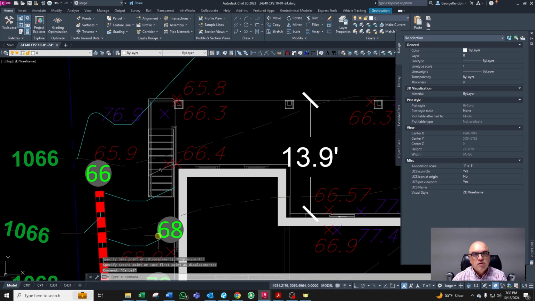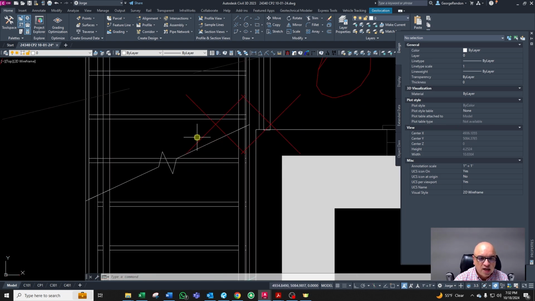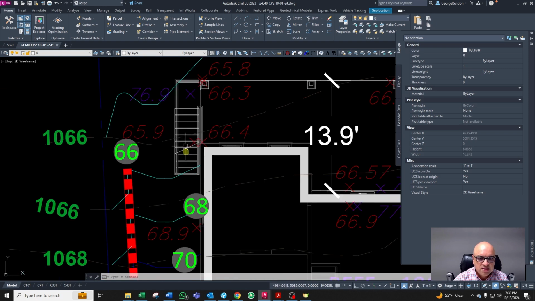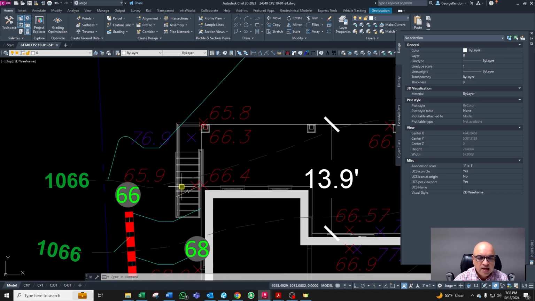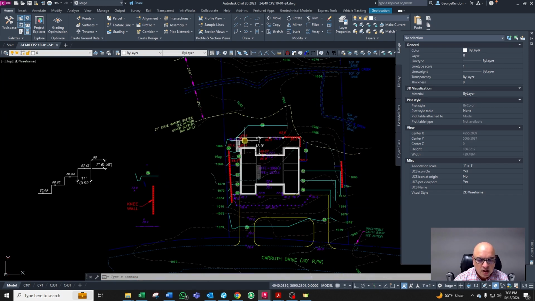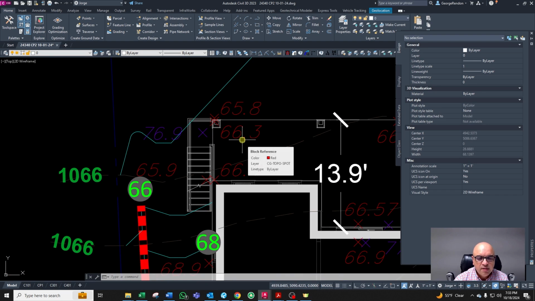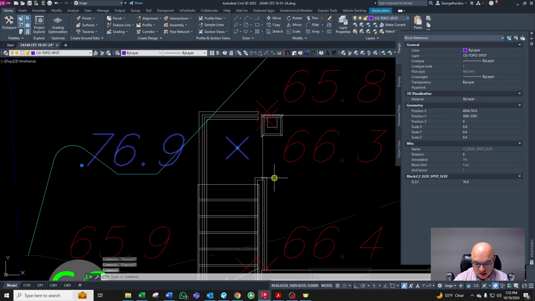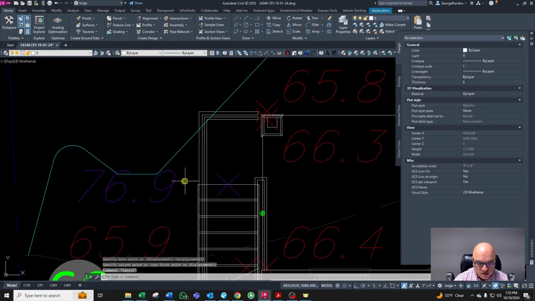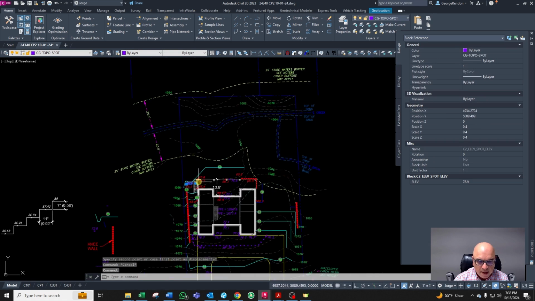The architect doesn't know how many stairs he needs. He just created this break line because he's not sure how many steps he needs. But we can tell him, hey, you need this many stairs. The right way to do it is this elevation right here is going to be 76.9, and then you come